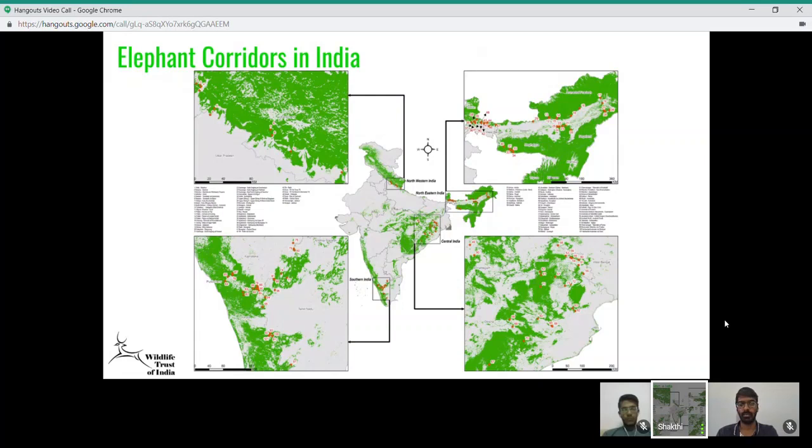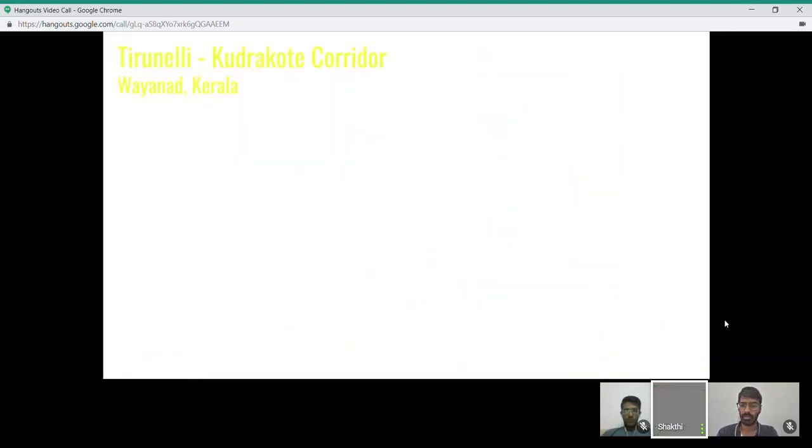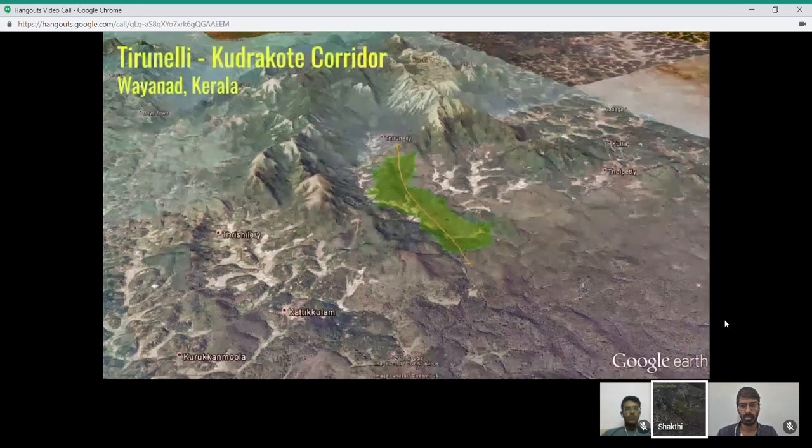With a growing human population, these corridors are being fragmented and degraded by humans through agricultural practices and other developmental activities. This is often bringing the elephants into direct conflict with humans, leading to crop damage or sometimes fatalities for both humans and elephants. WTI is in the process of securing these elephant corridors. As of now, six elephant corridors have been secured,